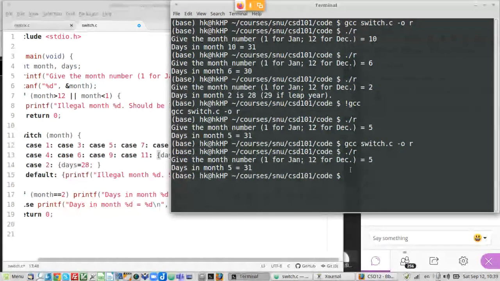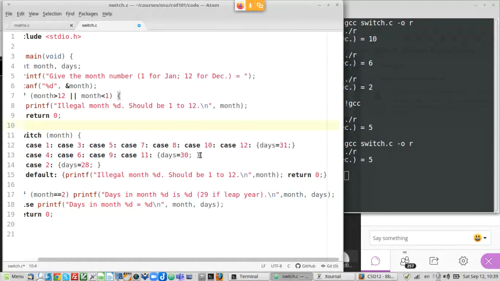Again it is working correctly because in this case the match is not happening. The match has happened here, so it's working correctly. But please remember that you can have these cascades. So case 1, you would like to say days equal to 31. Case 3, days equal to 31. So each of these is a cascade already, right? So in the normal case, we'll have case 1, days equal to 31, case 2, days equal to 31, and so on. So these become cascades.